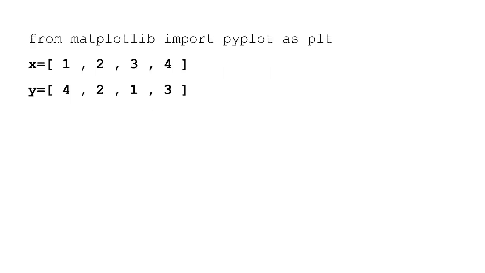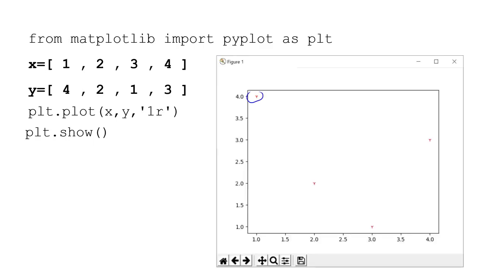Here is an example. From matplotlib import pyplot as plt, x equal to list 1, 2, 3, 4, y equal to list 4, 2, 1, 3. Here we have defined 2 lists x and y. These lists combinedly refer to 4 points (1, 4), (2, 2), (3, 1) and (4, 3). plt.plot(x, y, '1r'). This will refer to the lists x and y to pick the coordinates of the points and plot them as per the given style and color. Then plt.show. The output produced by this code is,